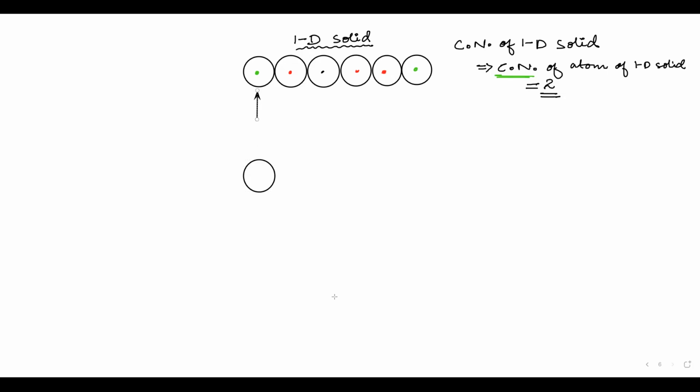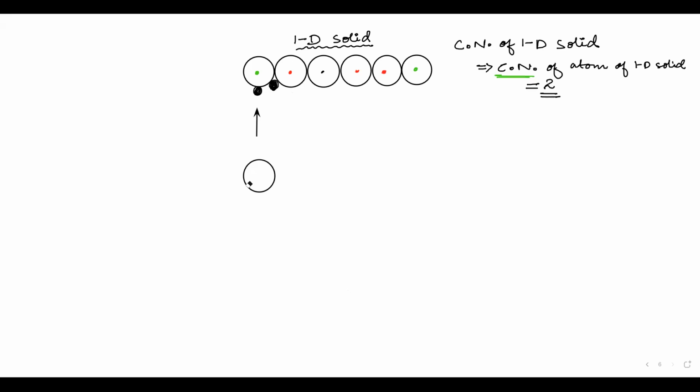Okay, and attach yourselves. In this way only we can make a 2D solid. If I take one more dimension, attach it like this. So the atom told me, sir, okay, fine, I will attach, but tell me where to attach. I can see two sides. I can either get just below this atom here, or I can get below the voids here, below the depression here. So where should I go?